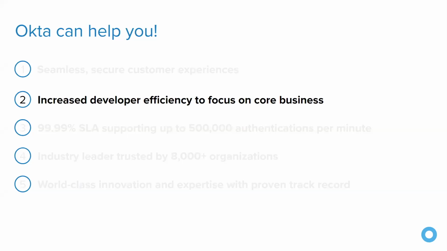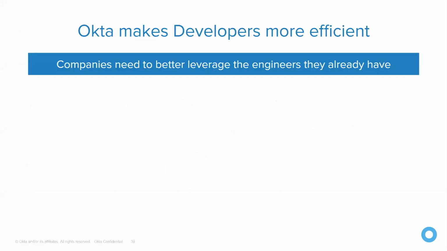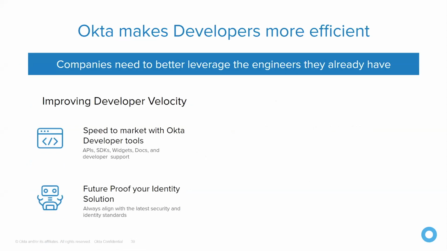The second way we can help you is that we really increase developer efficiency so that your developers can focus on the core business. So we really make developers more efficient because we do believe strongly that companies need to better leverage the engineers that they already have. The way we do it is through two main ways. First, we improve developer velocity. And by that, we mean that we want to make your developers code faster